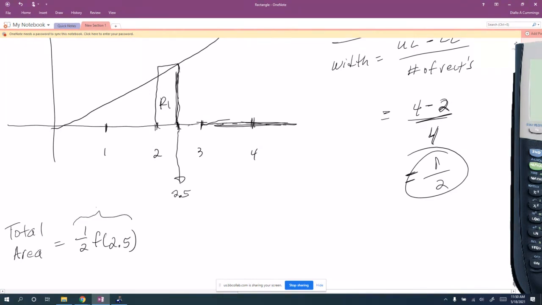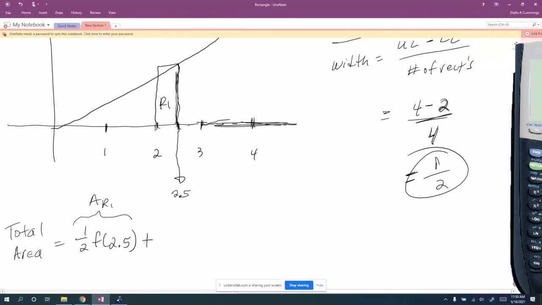So this gives me the area for rectangle 1. That's my width times my height for the first rectangle,